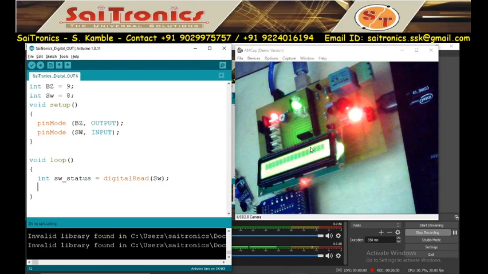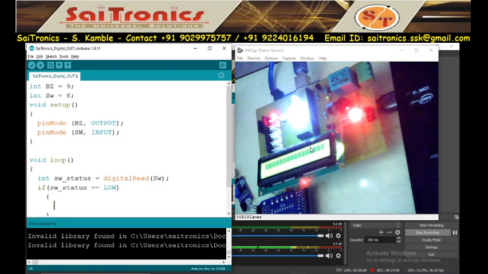So I will check here in the program for output status low. We have to write down the condition here, and if that is not true, then in else we have to write down code. In the if condition, I compare switchStatus equal to low, then do this function.